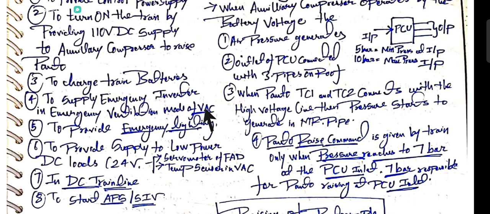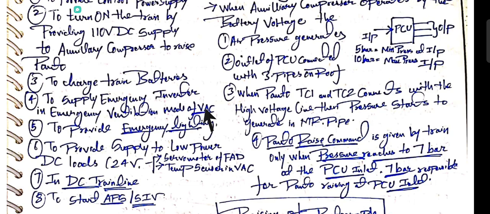So in order to provide ventilation in the car for the comfort of customers, passengers, I must say passengers, we need to operate the evaporator fan blower. It is a component in VAC, right? In order to operate this evaporator fan blower, which requires 3-phase 415 volt AC supply, we need to operate